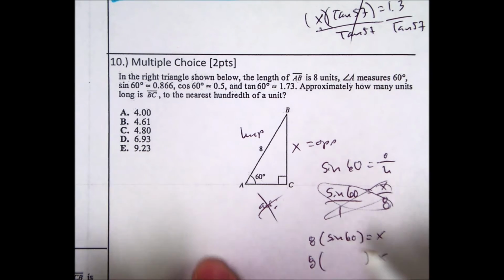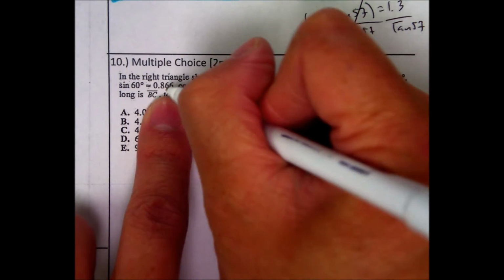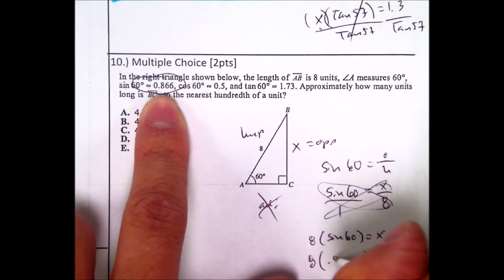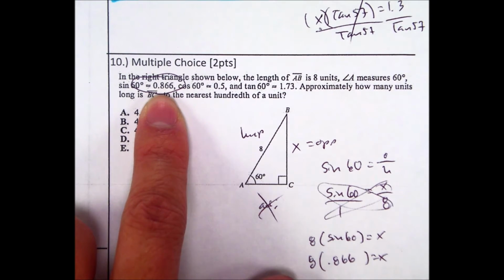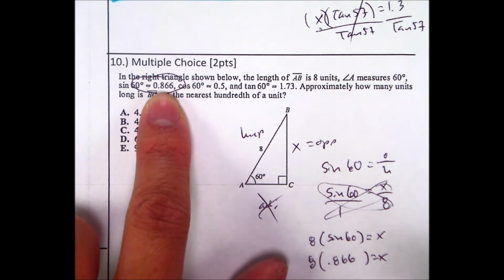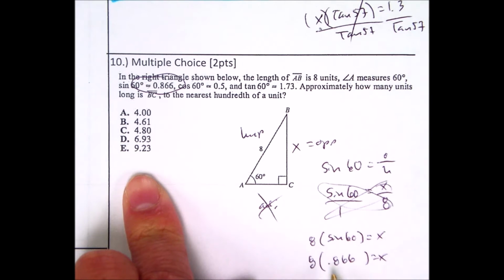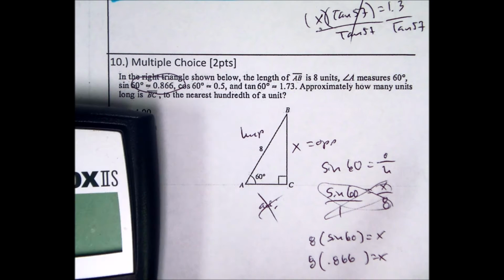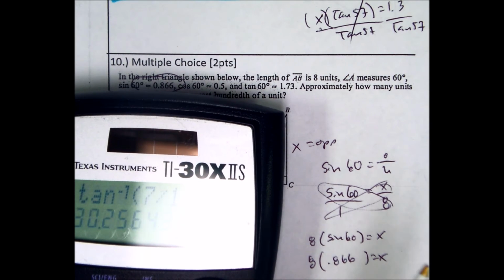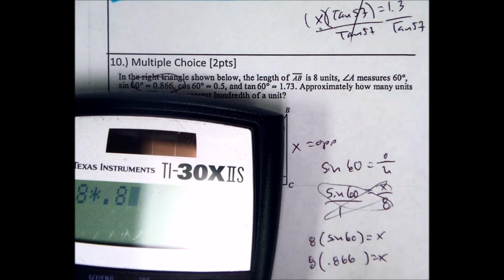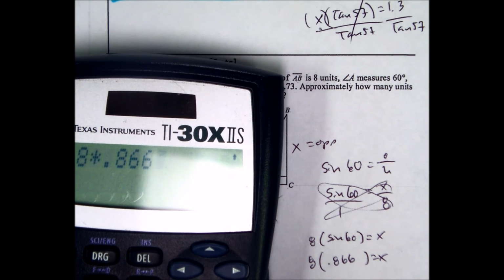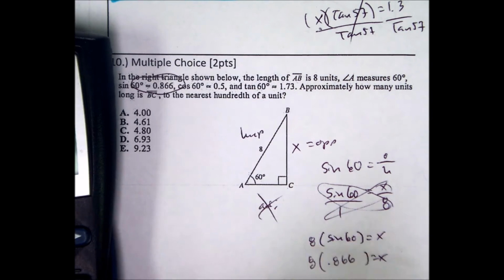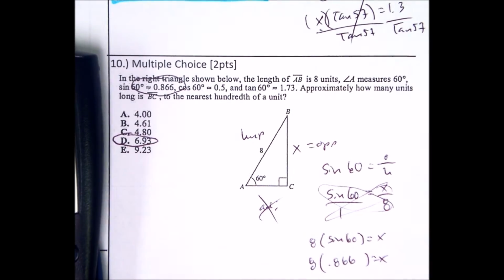8 times sine of 60, which is 0.866, which is approximately 1, so I'm going to estimate that it's 8 times 1, which is 8, or probably 6.93 is my guess. 8 times 0.866, enter, and 6.93 is our answer, so that would be choice